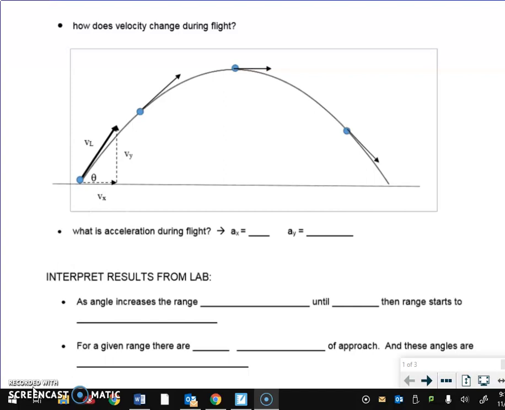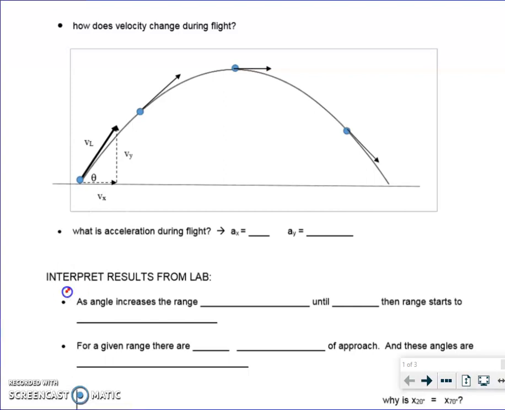A second tutorial will attach, where we'll look at ways we can take these equations and manipulate them to derive some kind of cool equations. They're not going to be tested, but I thought it'd be nice if you were aware of them because it allows us to do some predictions that otherwise would be difficult to do. So before we get to the results from the lab, which I'll do down here, the interpretation, and I'll show you a different type of graph,